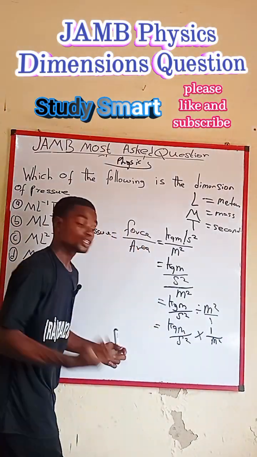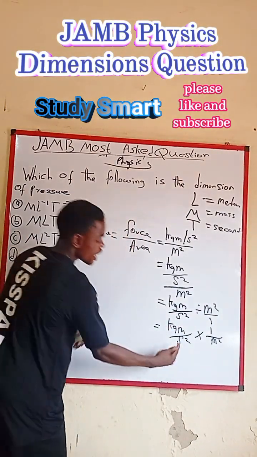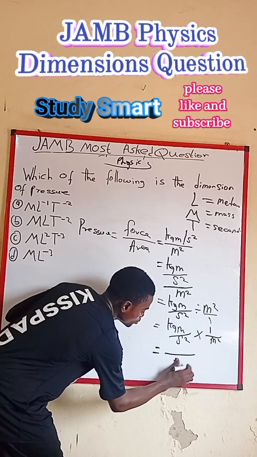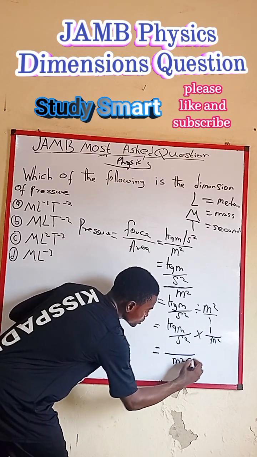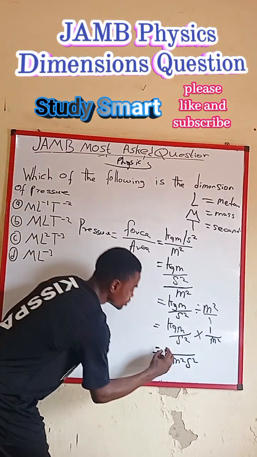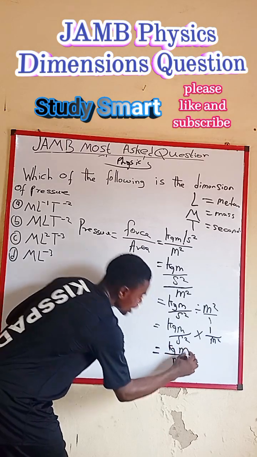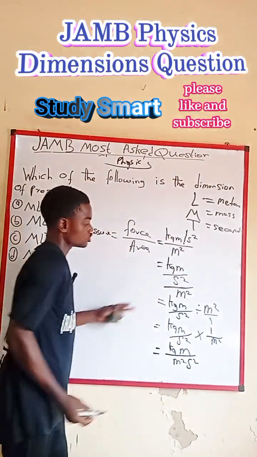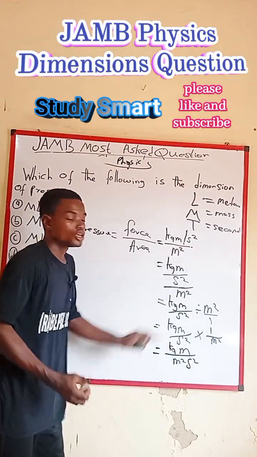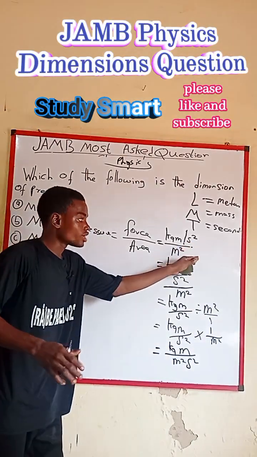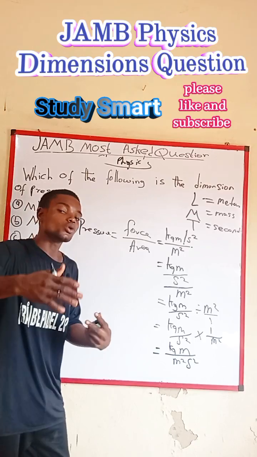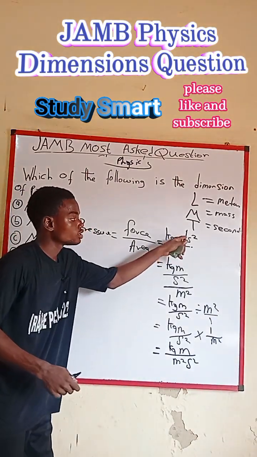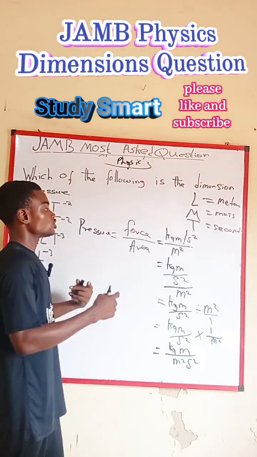From here, after you change it to multiplication, they are going to swap their places. S square multiplied by m square is going to give us equals all over m square s square. On top here we have kilogram meter. So this is how it now looks properly, because there is no more division sign, no more per. So once you see that per and over something again, make sure that you remove the per. That is, if there is division after the per. But if it is just a linear